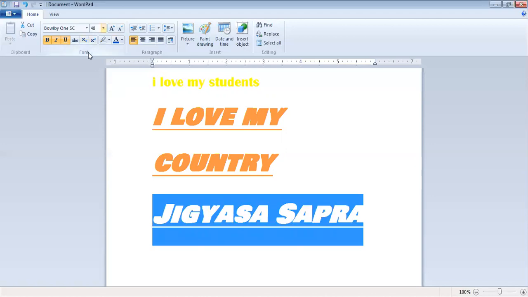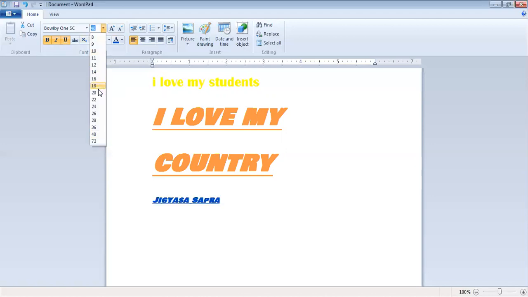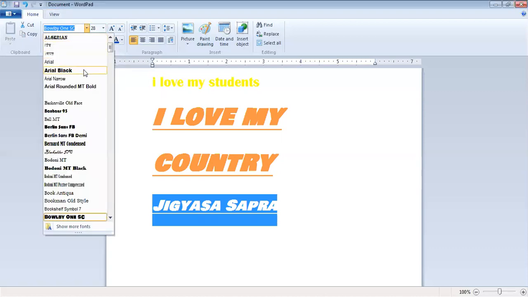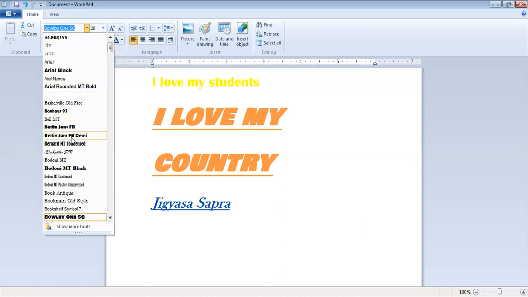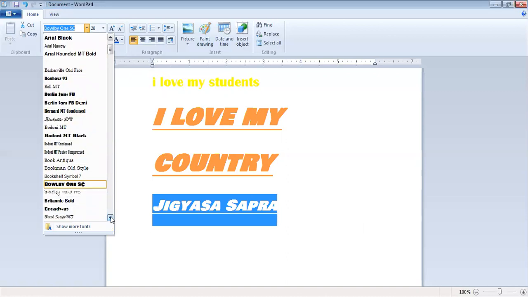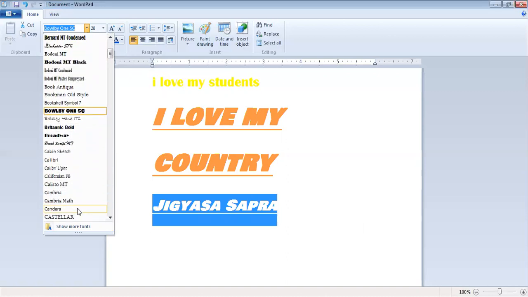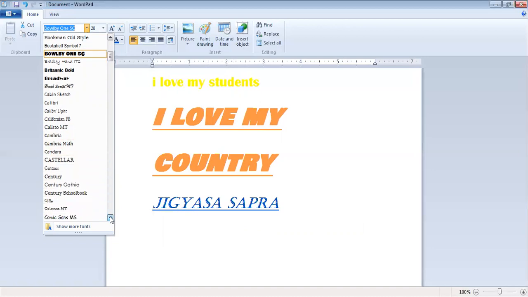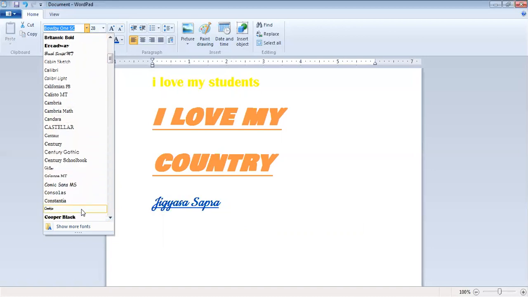After choosing it, I want to change the size also. I don't want my text to be that big. So I will change the text size. Okay, I'm taking size 28. Now I want to change the font family also. That means I want to change the handwriting also. There are a lot of ways. You can click on this browser and use whatever type of handwriting you want. You can change it. Is it clear to everyone? There are a lot of types of handwriting. You can change according to your wish. For example, I like this handwriting.